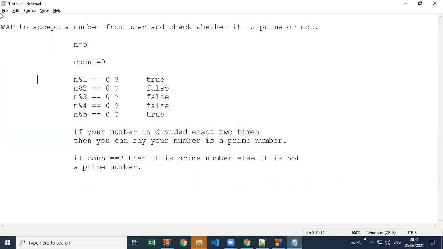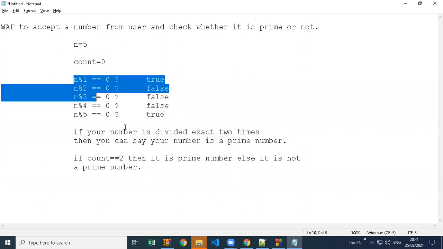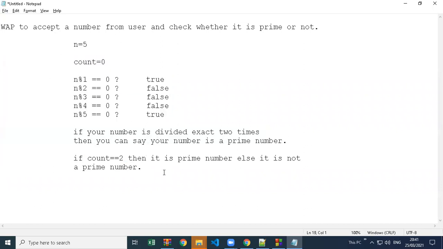If you are using this logic, first of all, everyone, you have to understand how you are going to implement it. I have written the logic in detail here. Try to implement it. Write a program. Try this demo first.